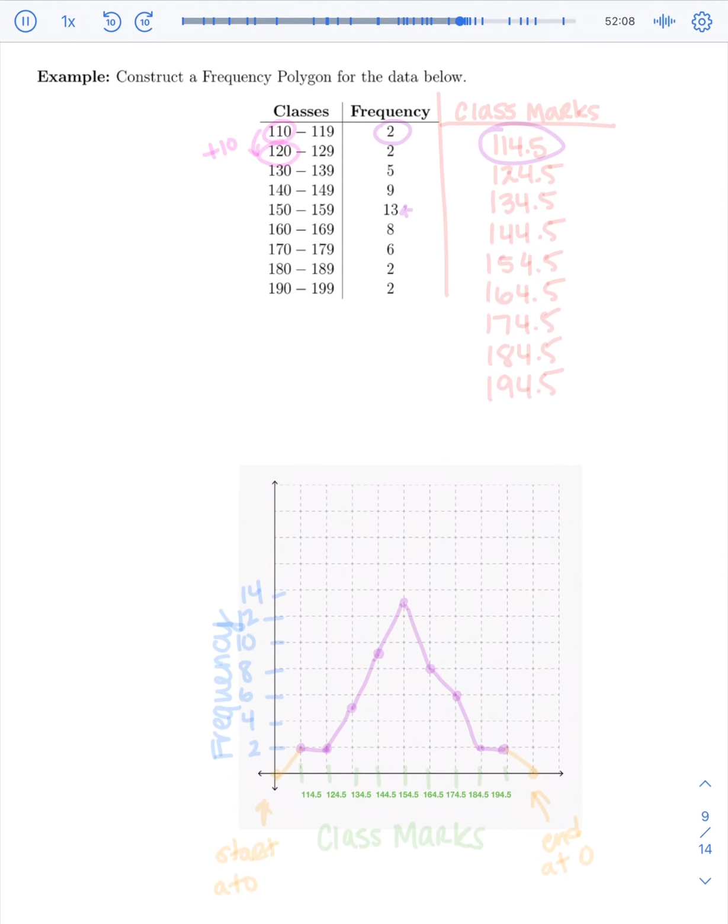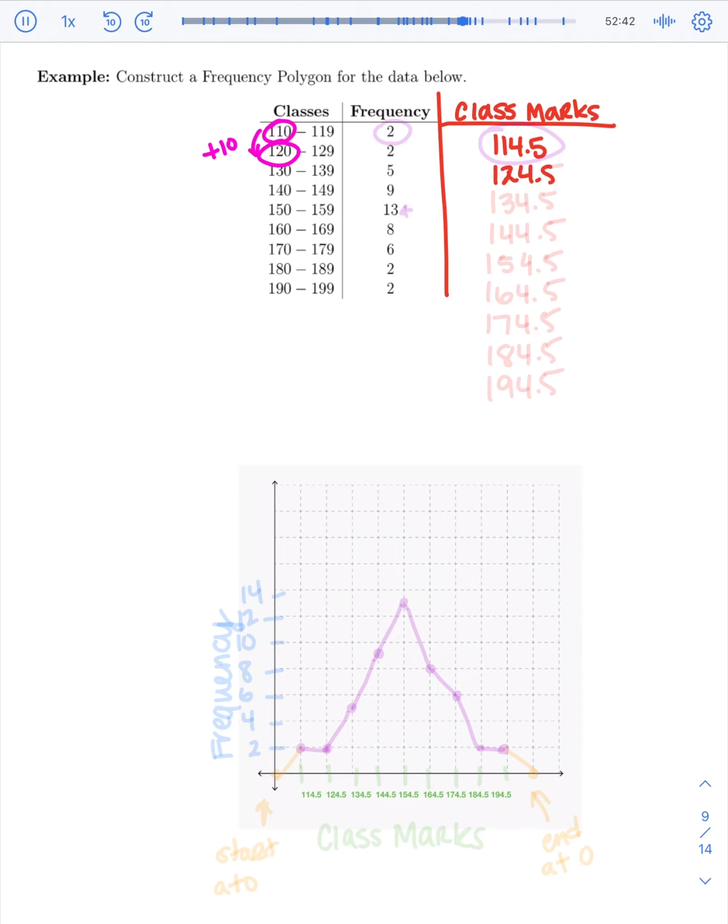So let's start off by talking about the fact that we still need to find our class marks. And we don't need to redo this because it's the same data. We found the first one last time by hand, and it was 114.5. And then we used our class width, which said that to get from one class to another, you add 10, which gave us the rest of the class marks, which came up with